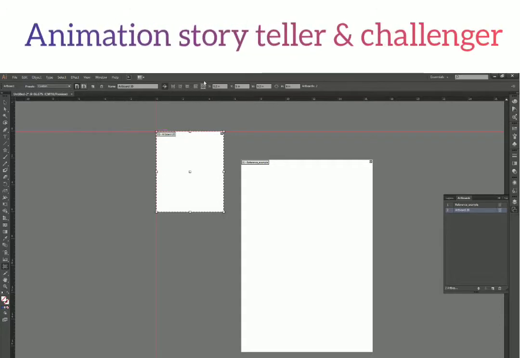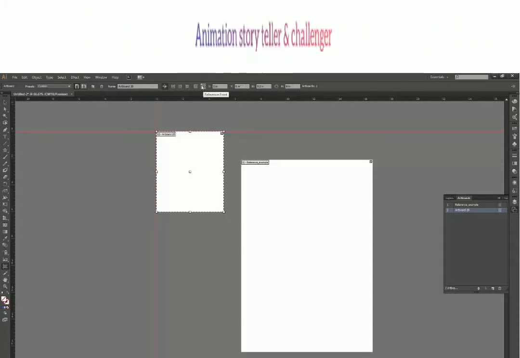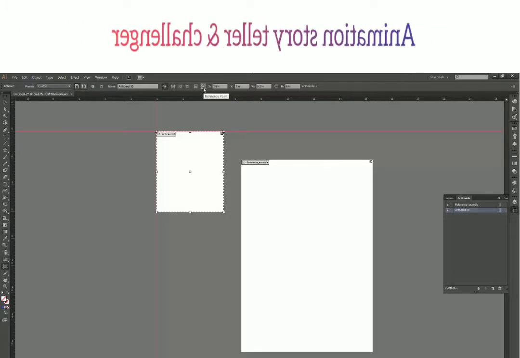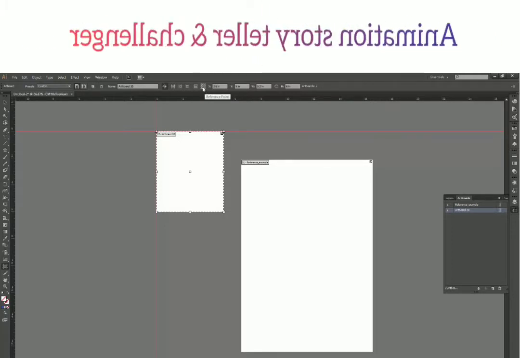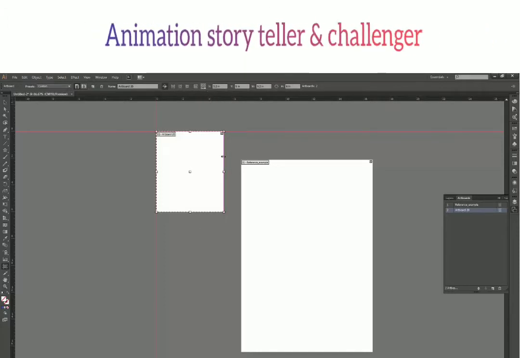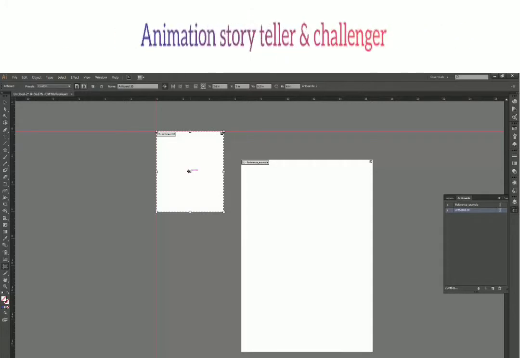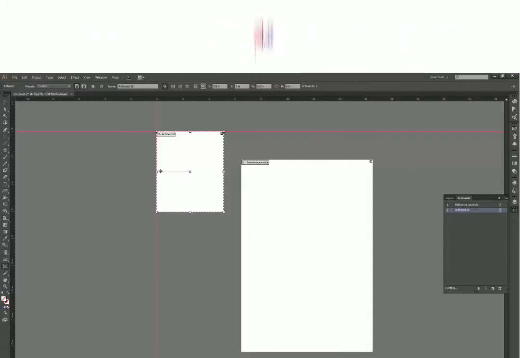But whenever I'm changing the reference point, you can notice the difference in the X position over here and the Y position. So whenever I'm changing the reference point, you can see my X position has changed from 2.6 to 5.2, and my Y position has changed from 3 to 6. Now why are these values changing actually? So what is happening when I'm selecting the reference point as center? It is saying that my center is 2.6 inch away from the X axis.